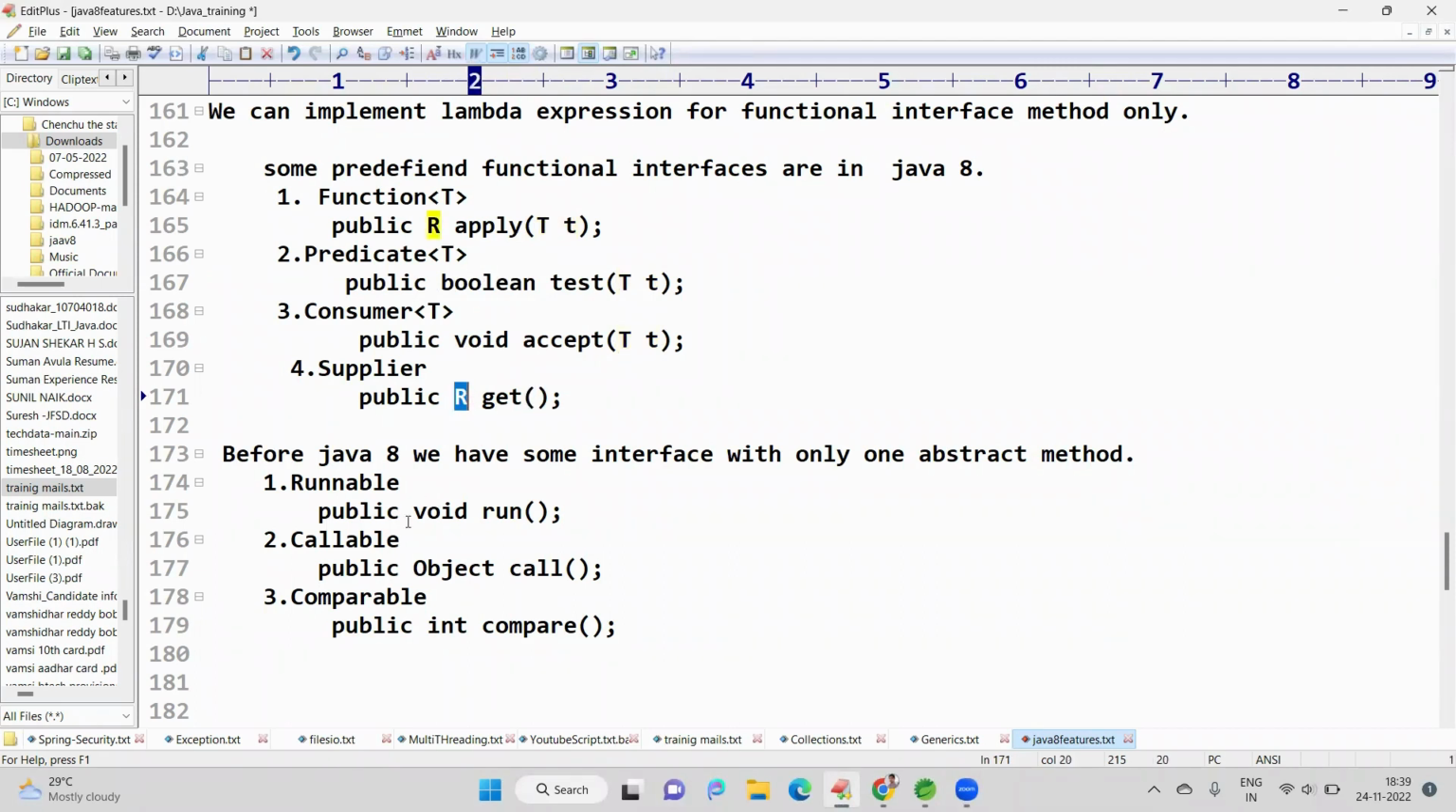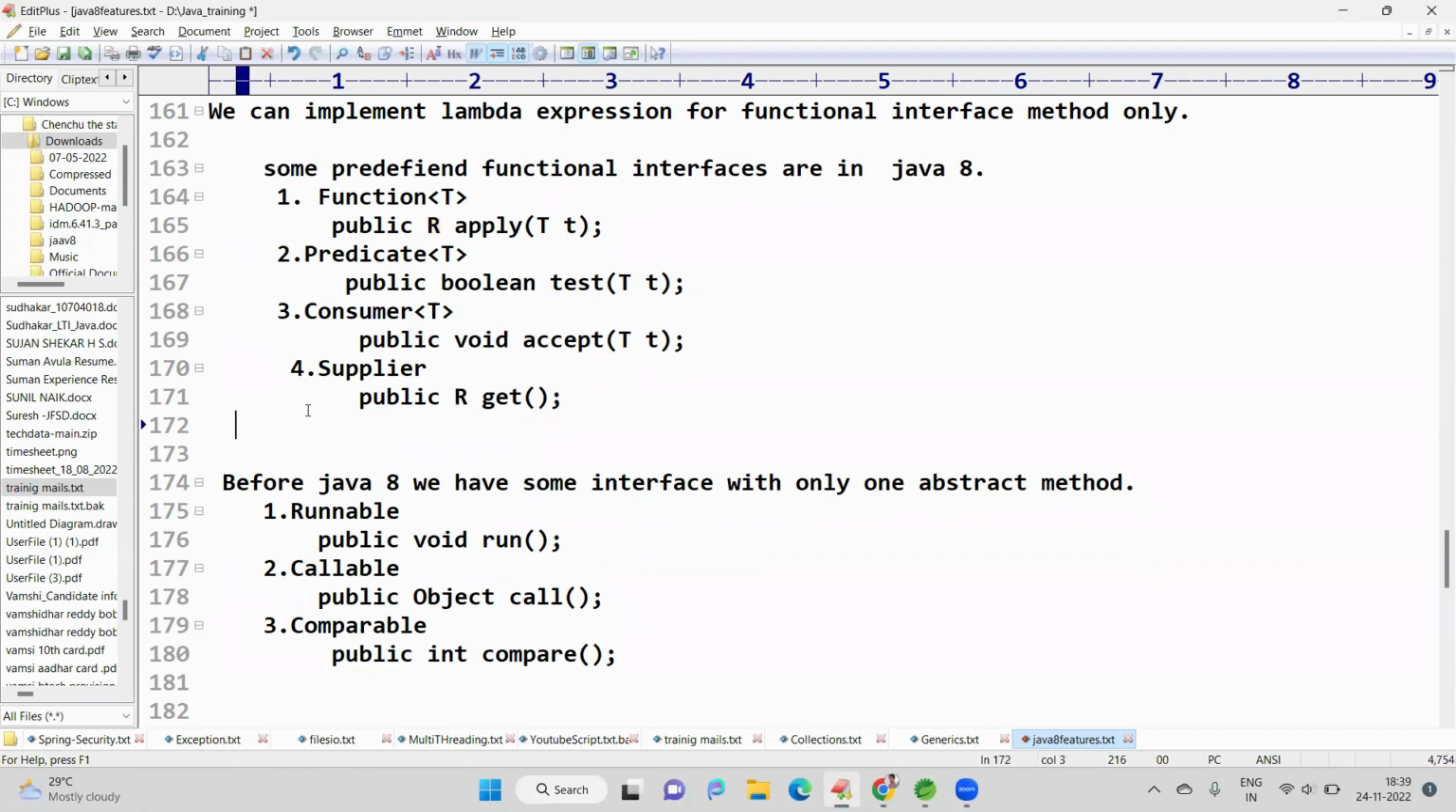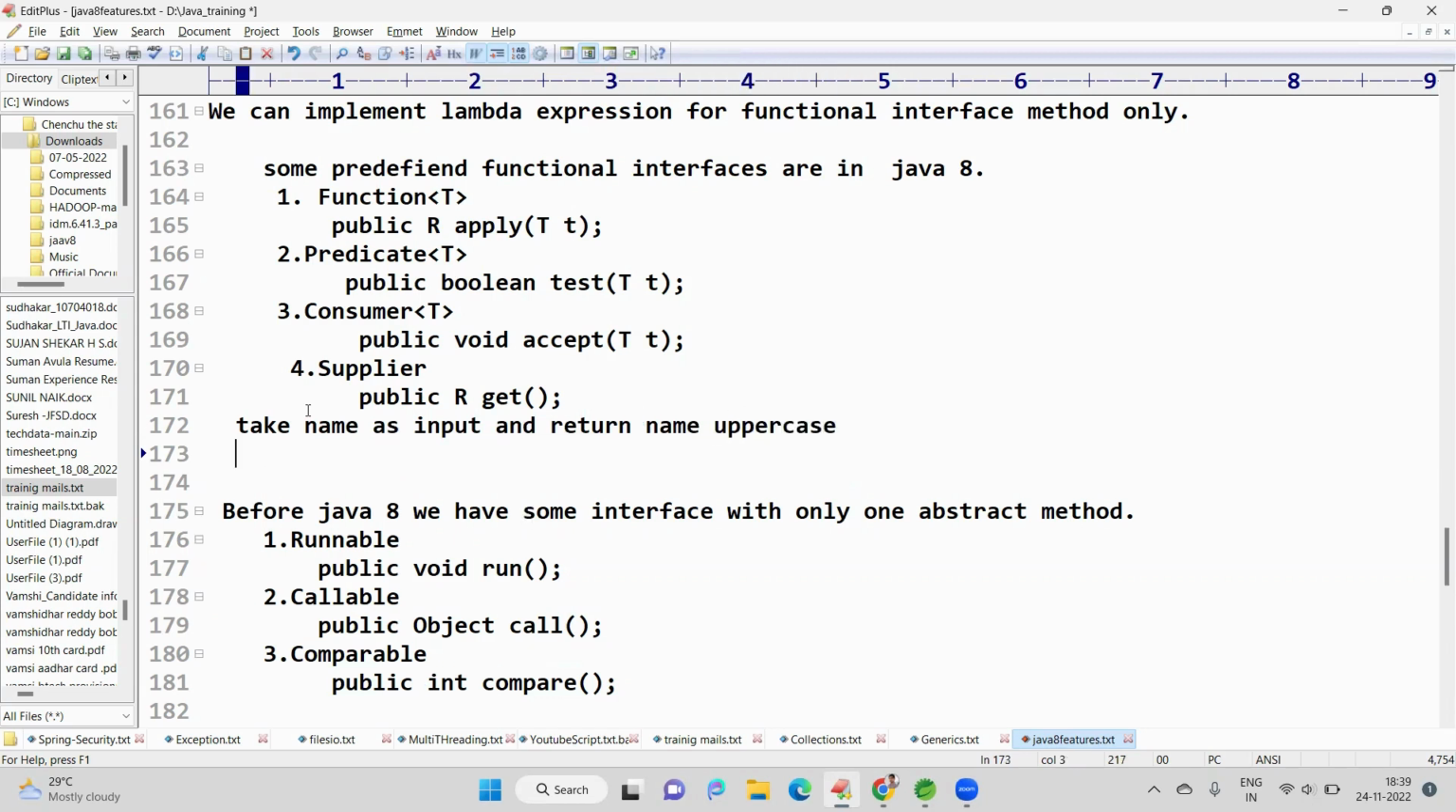So now my task is: take any name as input and return the name as uppercase. Which one is better? Function. Why Function? It takes input, the apply method is used, and the return type is not restricted. Okay. Next scenario is,